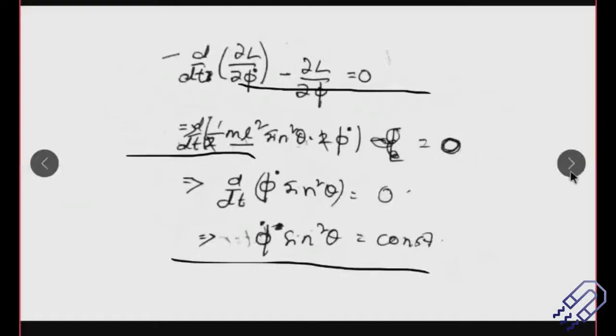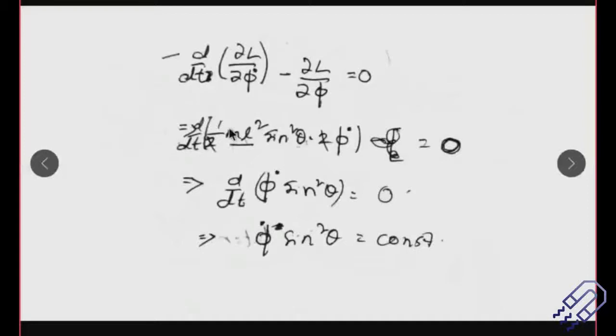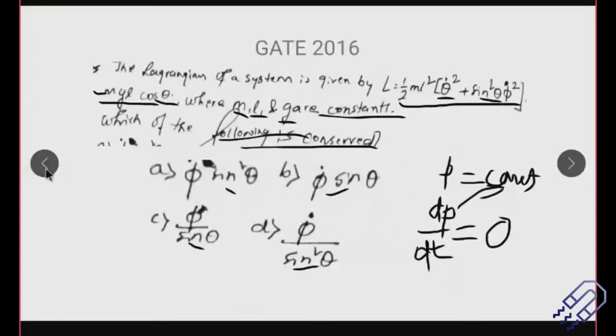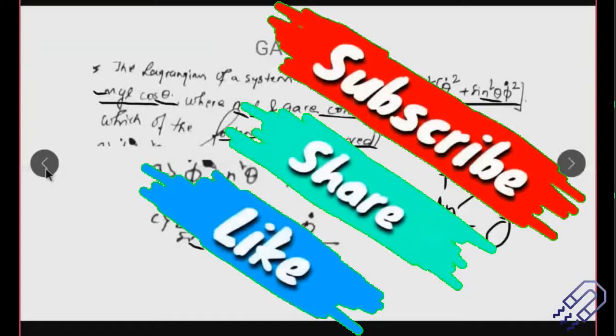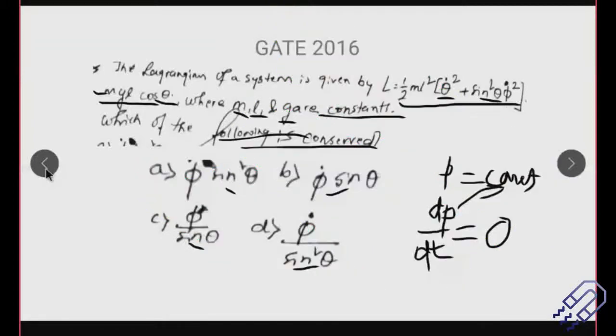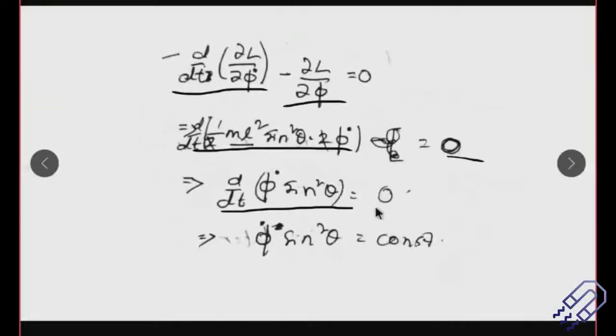And then we can straight away go for the phi dot term. So we have d/dt of ∂L/∂phi dot minus ∂L/∂phi. You know, in the second term there is no such term as phi, I guess, right? See, this is phi dot here, this is theta, theta, and then this is theta. So this term won't appear because there is no phi. The only term that will appear is this one. So that means we are very close to our answer. You just do your differentiation. I hope I have done it correctly. It is equal to 0. Then we can see that d/dt of phi dot sine square theta is equal to 0.